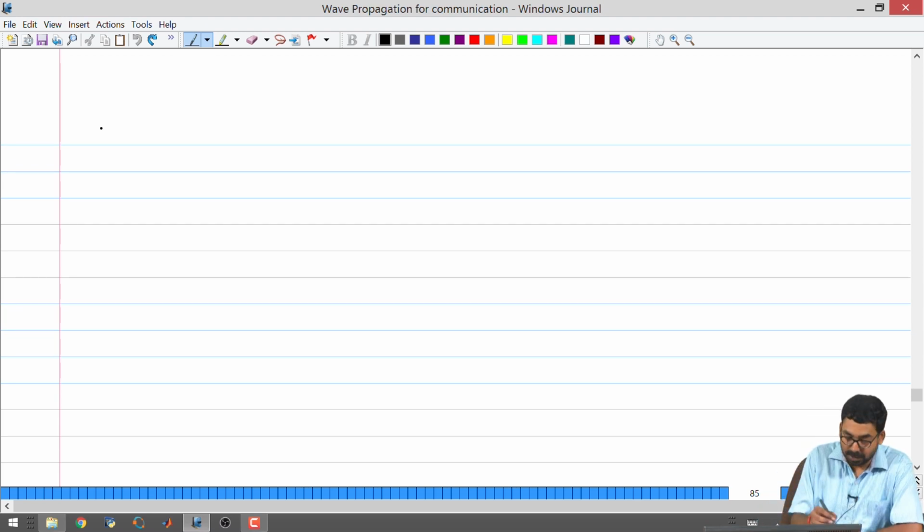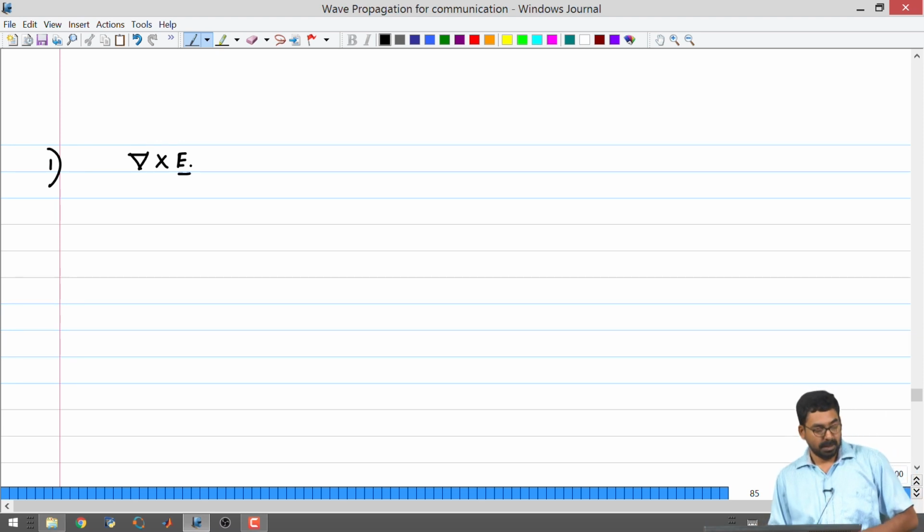In order to start with this, I am going to rewrite the two curl equations for now. I am going to start with del cross E, and in the prior sessions we have written them in time domain. Now, along with the introduction of losses, I want to introduce the effect of frequency, because we know already that in the case of transmission line we dealt with j omega L and j omega C. Unless you introduce the frequency, you will not be able to extract the correct value of inductive reactance and capacitive reactance. Similarly, here we want to have the effect of frequency.